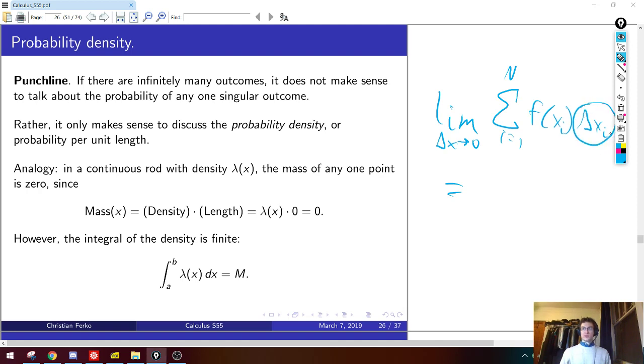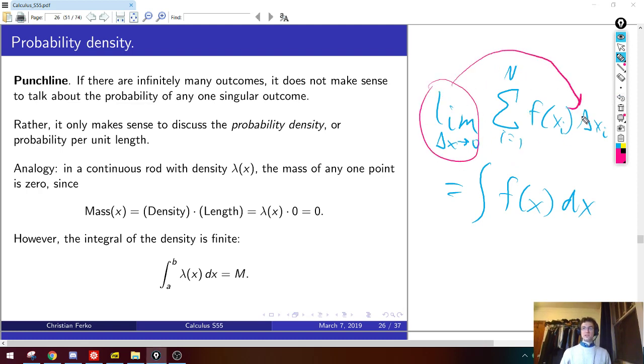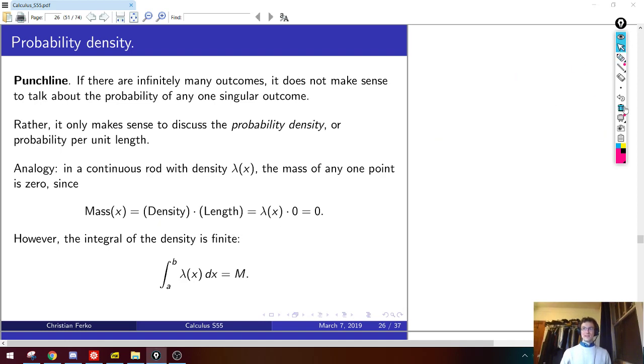One is that the widths are getting smaller, and two, the number of terms in this sum is getting much bigger. Capital N gets larger if the strips get tinier. So there are two competing effects, and of course they balance out to give some finite answer in general. The fallacy, the cognitive bias here, is to ignore the fact that the sum is getting more and more numerous and just take the limit and apply it to this delta x and say, oh, delta x goes to 0, so they're points or something, so they have no mass, density, or length. So that's the cognitive bias.